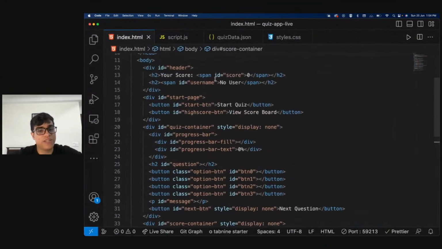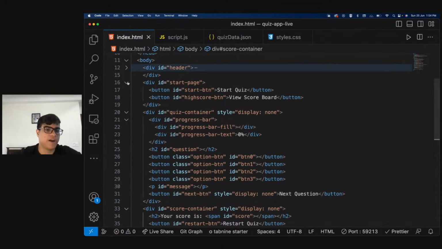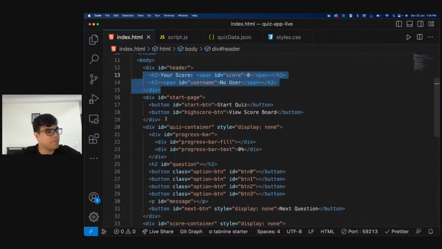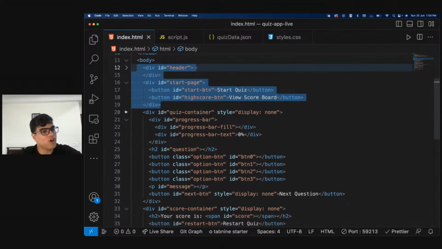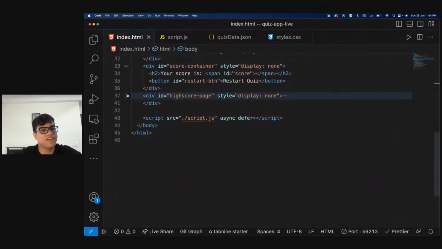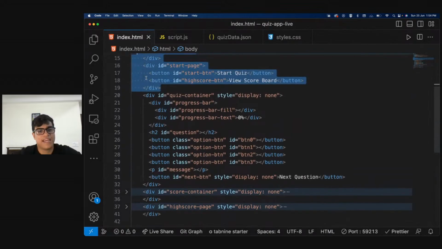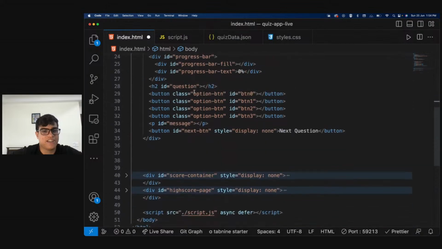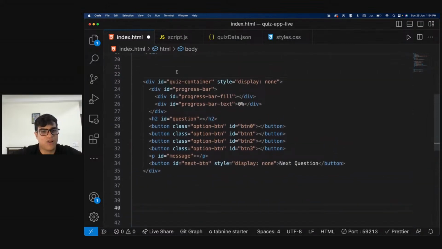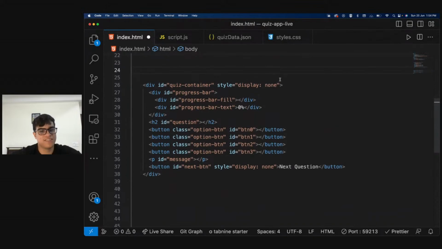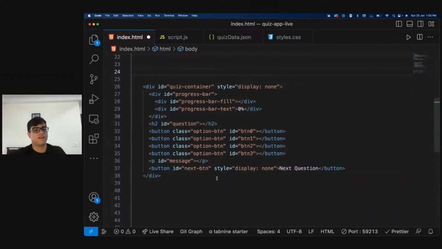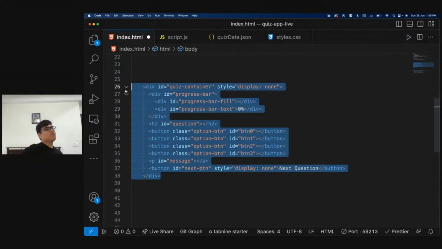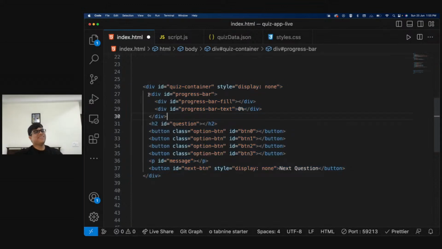The only HTML that you need to currently worry about is the main quiz part. I think the header is clear to everyone. The start page is clear to everyone. Right now we will talk about the quiz container and we will not talk about the other divs that we have. So this is basically what you guys need to isolate and have a look at. I'm just going to add a lot of spaces so all you guys can see on the screen is this, and you guys worry about this part. This is basically where our entire logic is.